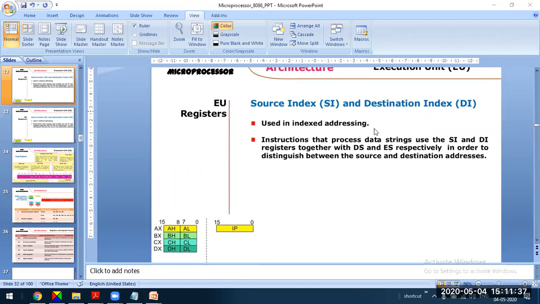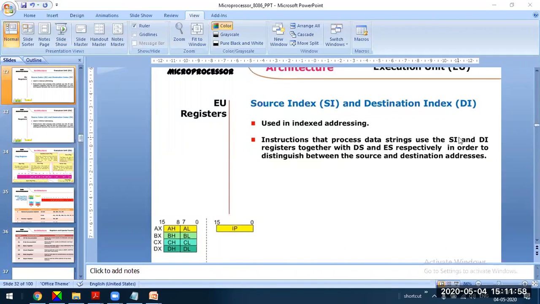The source index register and destination index register are used in the indexed addressing mode, similar to the 8051 indexed addressing mode. What is the difference? We'll see. Instructions that process data strings use the source index register and destination index register together with the data segment register and extra segment register.